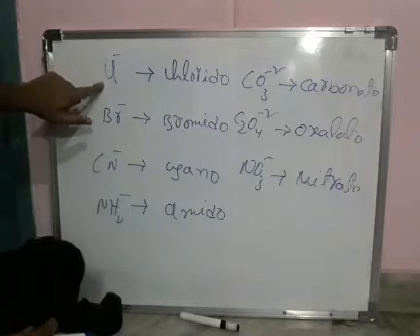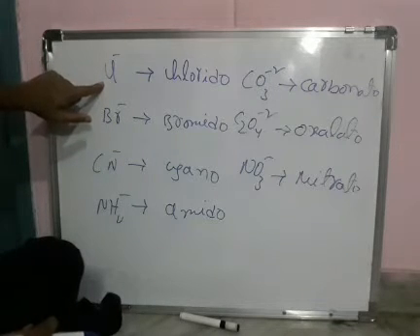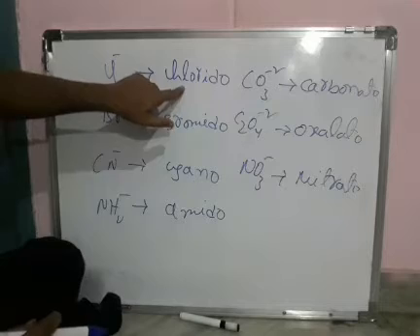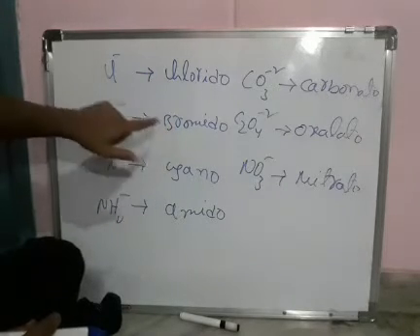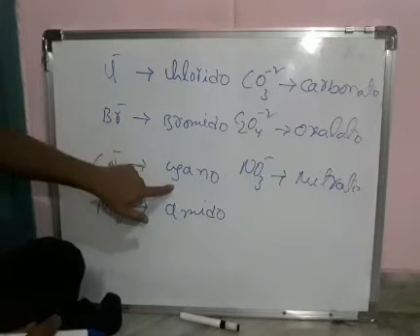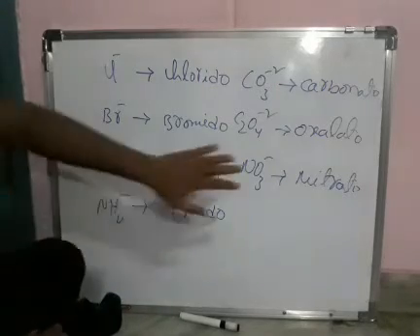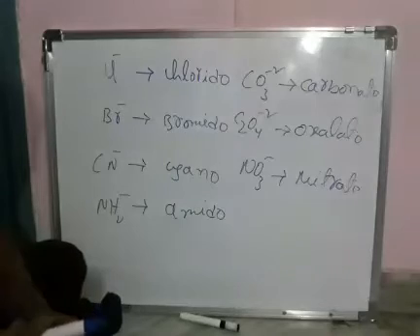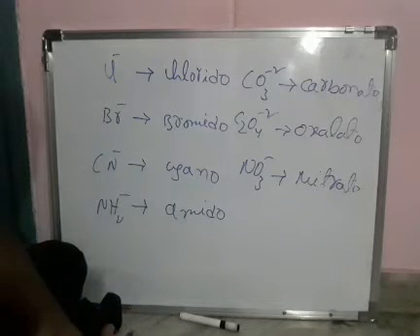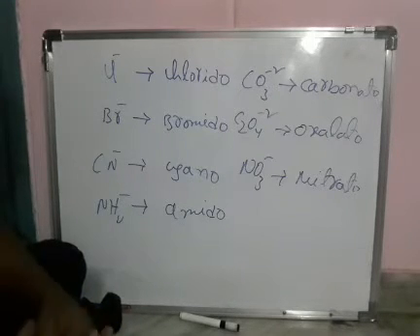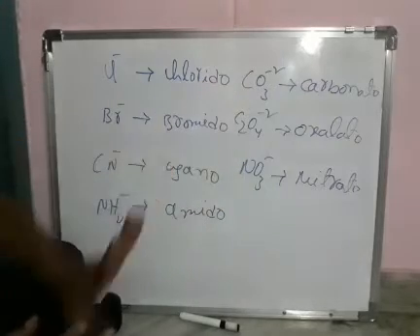If Cl minus is present in the given formula, we have to write the name chlorido. If bromido is present, we write Br minus. If cyano is there, CN minus. If amido is there, NH2. So the charge of the ligand should not be mentioned. While writing the formulas of the compound, the charge on the central metal atom should not be mentioned. Just remember this.